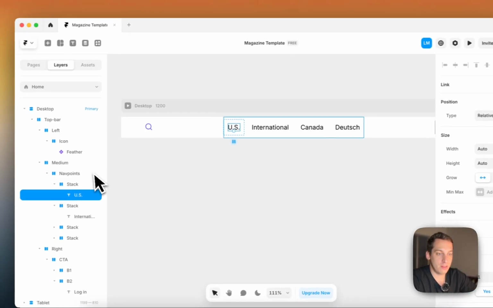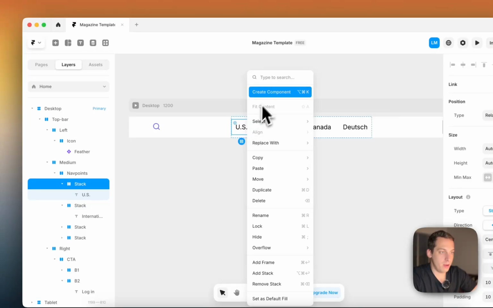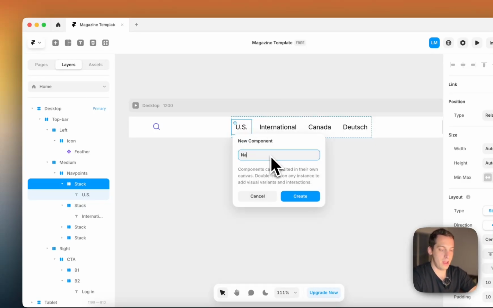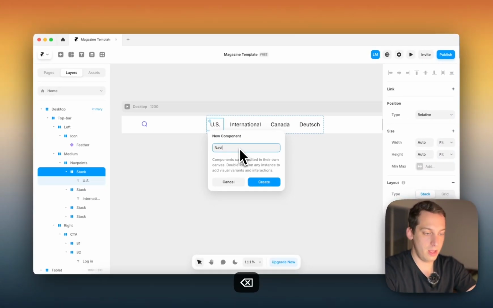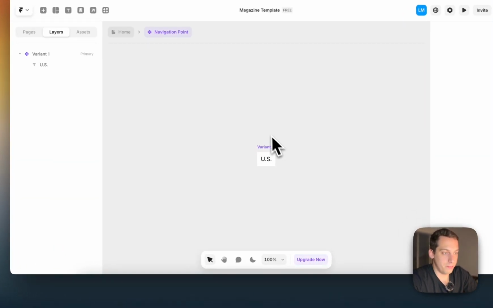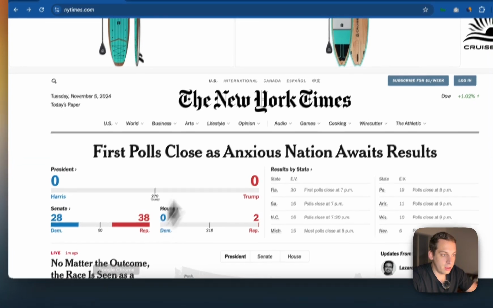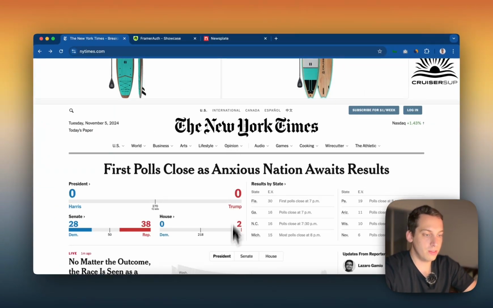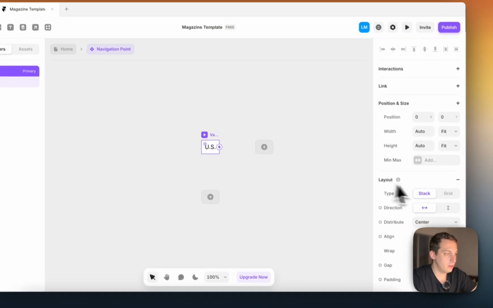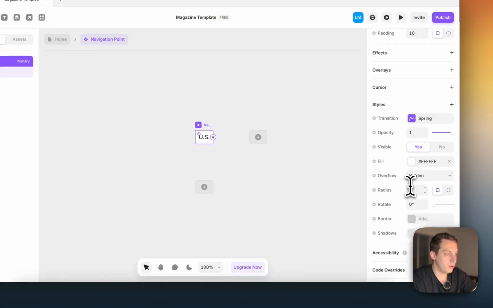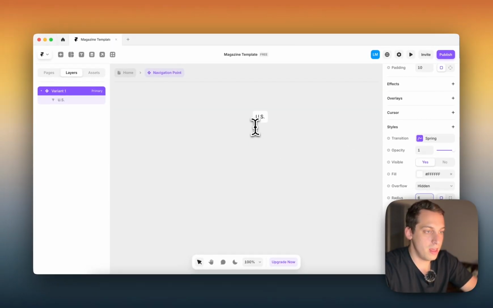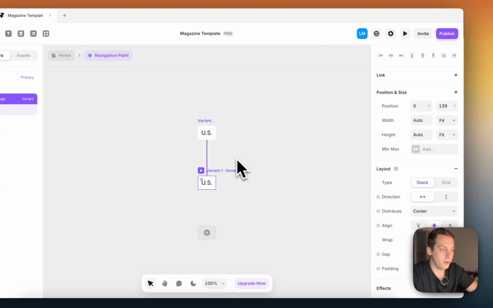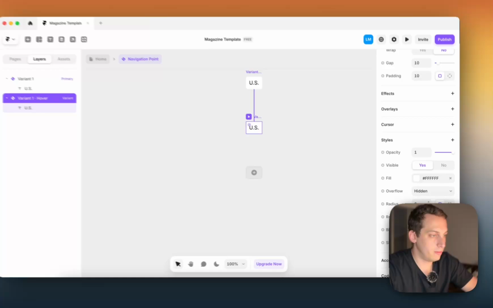We can make it like that, and the way to do that is we go back to Framer, and we select just one of these stacks, and we right click and create component. So navigation point, create, and let's go back here and see. It's a little bit round in the edges and the radius. So let's go back to Framer and do that. We add a little bit of roundness to the radius, about like this, and then we set a hover effect. So when it's hovered,